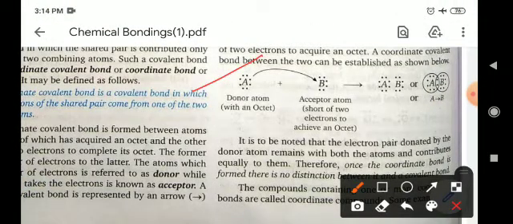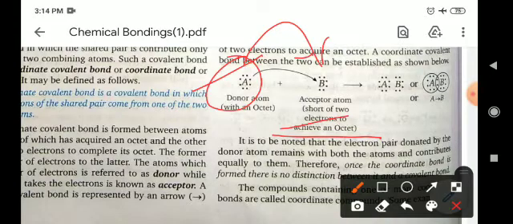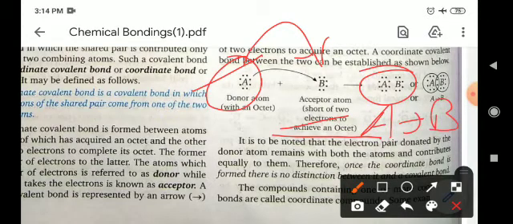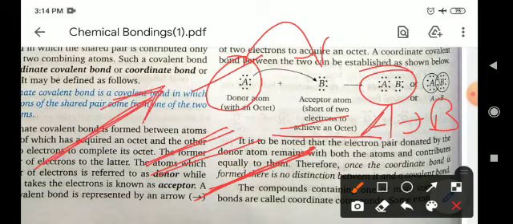Okay, you can see here the expression for the coordinate bond. The donor atom has an octet, because it has 8 electrons in the valence shell, and the acceptor atom is short of 2 electrons to achieve an octet. So this donor atom will donate 2 electrons to this atom, and in that condition it will complete its octet, and there will be a covalent bond formed, that is this. A coordinate bond is basically shown by an arrowhead, but ionic bond and simple covalent bond are shown by a simple line.